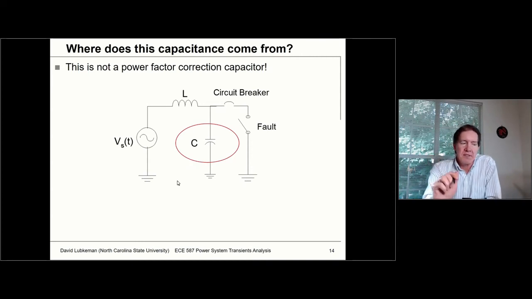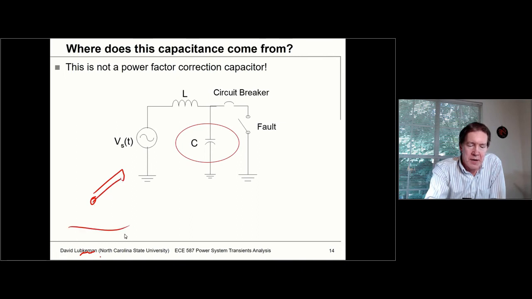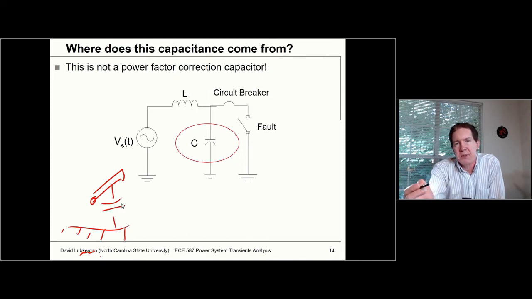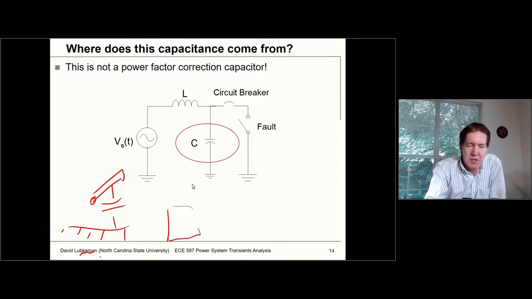Now, where does this capacitance come from? Like I said, it's not the power factor correction capacitor. This capacitance comes from anytime you've got two pieces of metal. If you have a bus bar in the substation with respect to a ground reference, there's going to be an equivalent capacitance between that bus bar and ground. If we have any bushings, like a piece of equipment and we've got some bushings out there,